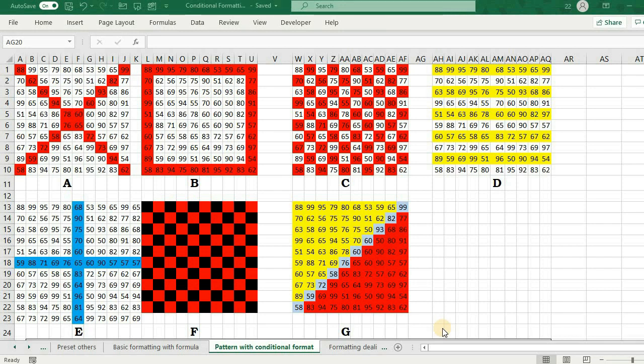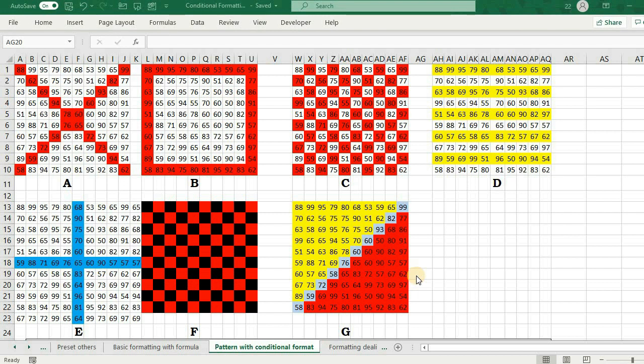In this video we are going to be talking about some advanced application of conditional formatting. As the name suggests, by conditional formatting we mean Excel formats cells when some conditions laid down by us are found to be true. Now we already have some beautiful preset formats which we will run through quickly, and then we will learn to create a formula of our own to create beautiful patterns that you are able to see on the screen.